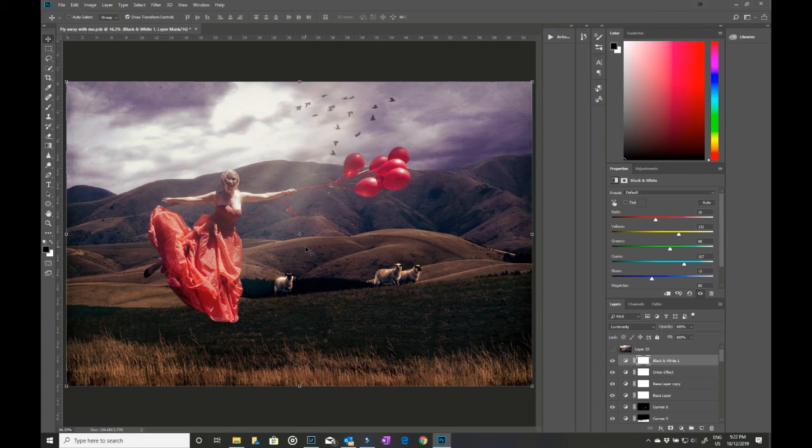So that's pretty much the finished image. I've probably altered it when I was mucking around moving things, so that's what we started off with. So yeah, that's how I put together Come Fly With Me,